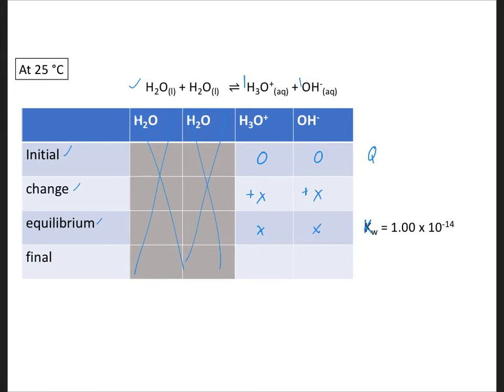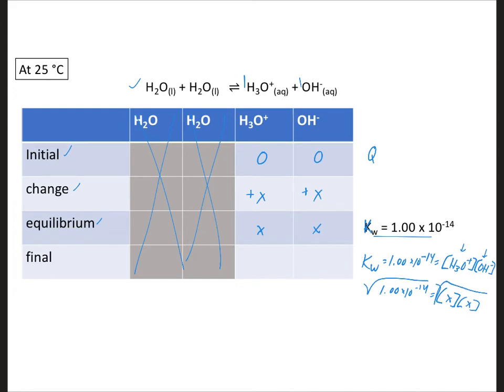And so now we have the ability to solve for x because we already know what our K is. We have a value for Kw, but we also can write the equilibrium expression, and we did that on the previous slides. So now what we have is the opportunity to substitute in the x and x into the places where our concentrations go for the respective ions. So now we're saying that 1.00 times 10 to the minus 14 is going to be equal to x times x. That's going to be x squared, so we can just take the square root of both of these sides,